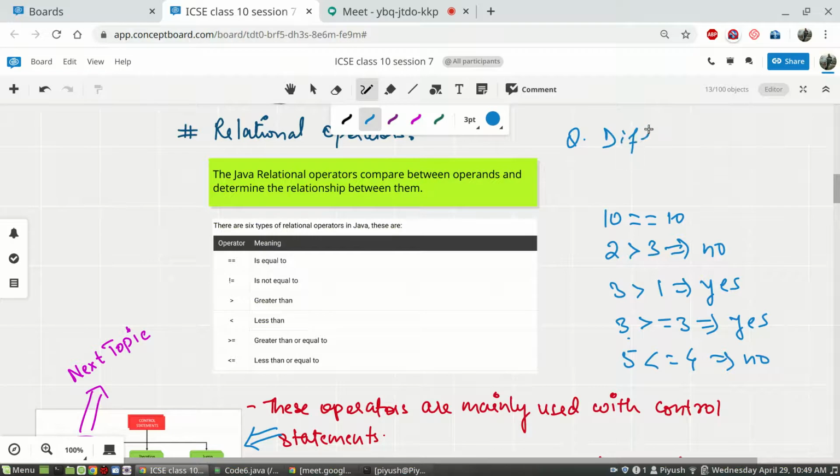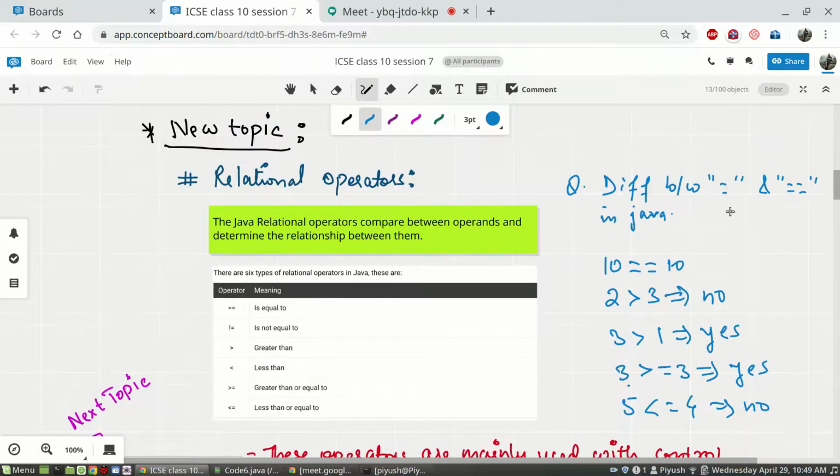Difference between single equal to and double equal to in Java. You will say one is assignment operator and one is relational operator. Okay, one is assignment operator. That means it assigns a value into the variable. Assignment operator,